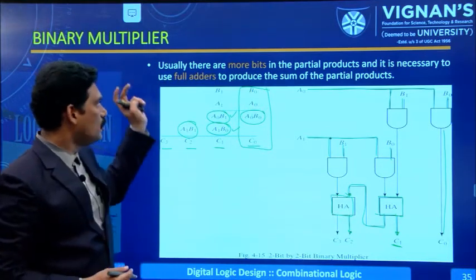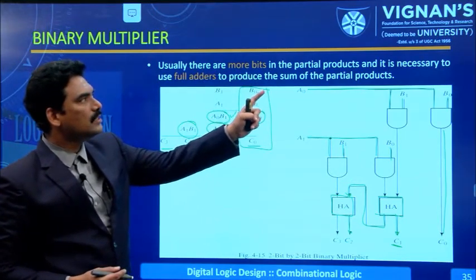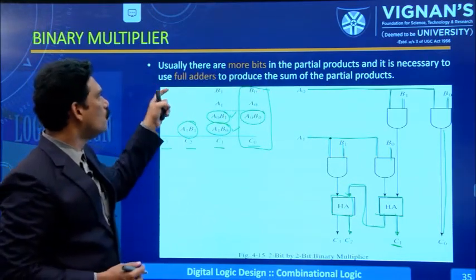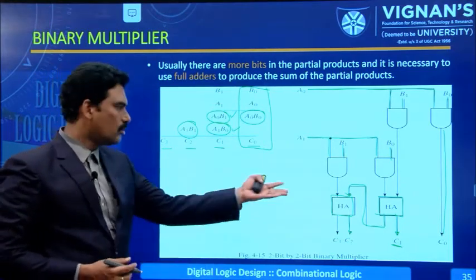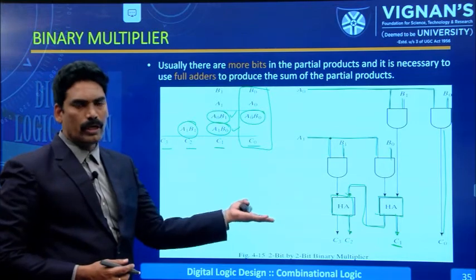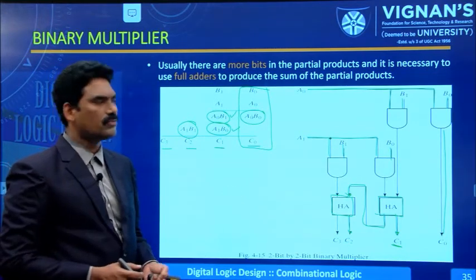Usually there are more bits in the partial products and it is necessary to use full adders to produce the sum of the partial products. Now here we are using only half adders. Sometimes full adders are also required to perform